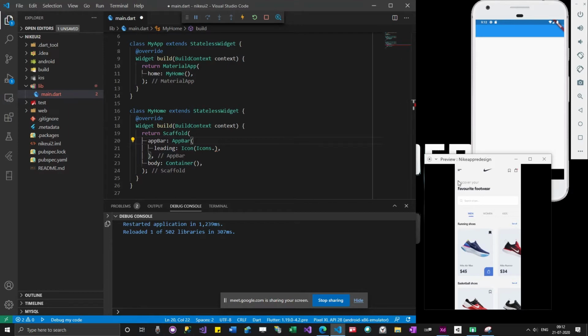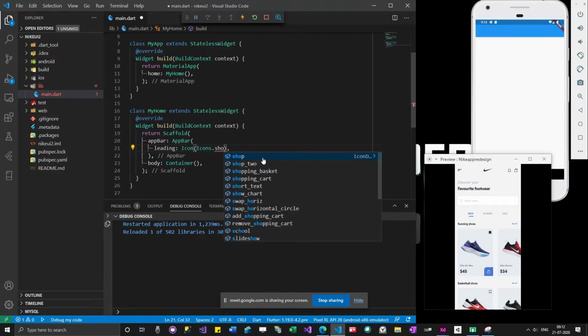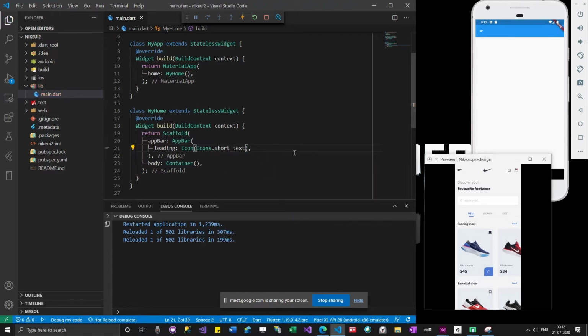See this icon over here, right? So this is a short text icon. Okay, so you might be thinking how I know that this is a short text icon. So what I did was,